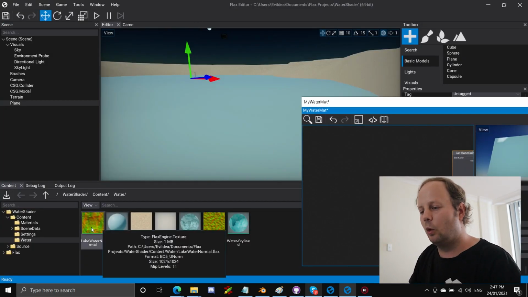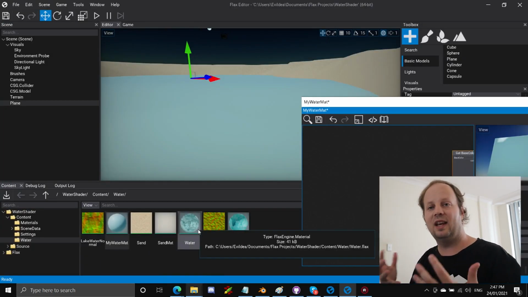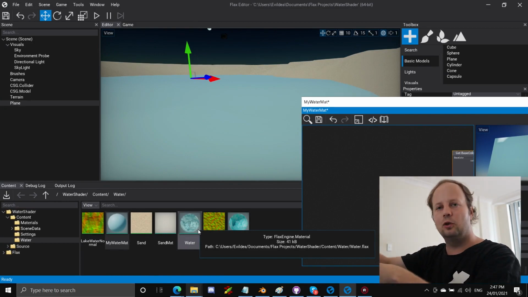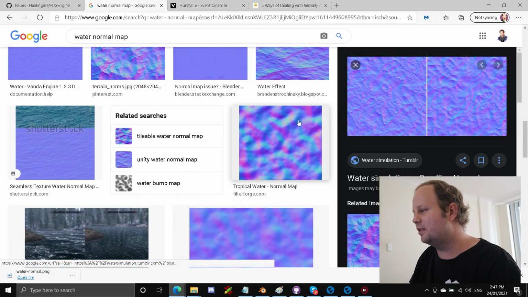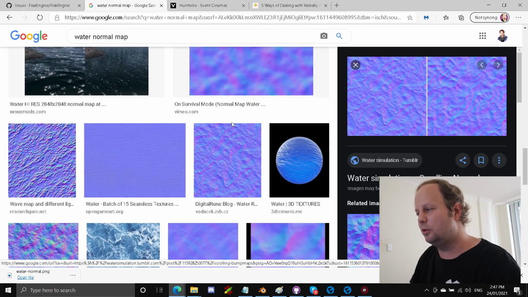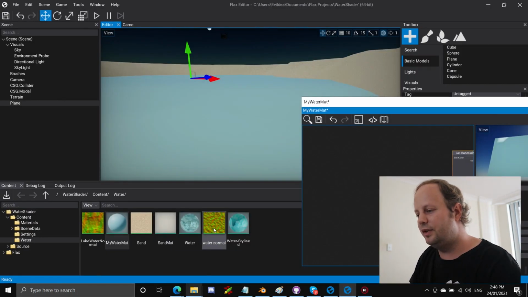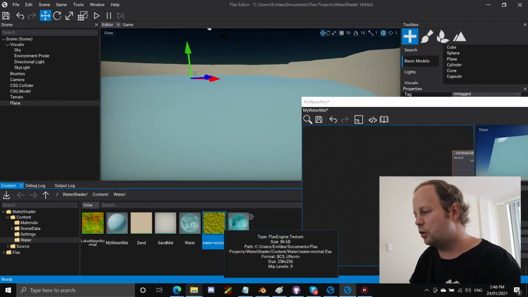Now, the way to get a water normal map, if it's just for testing purposes, is just go straight to Google, type water normal map, and there are hundreds of them that pop up. In fact, maybe I can bring one up right now. Okay, so if you look here on my screen, you can see that there's a bunch of different water normal maps that I've brought up, and you can just download whatever one you like. I eventually found this one just here. So we're going to drag this in,